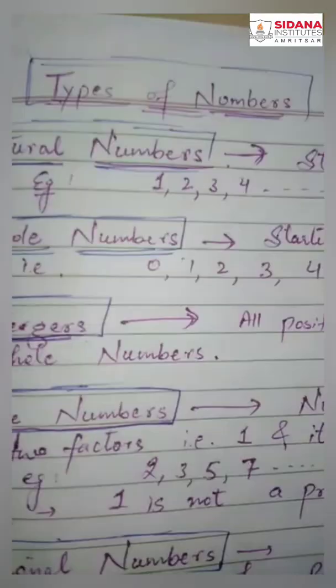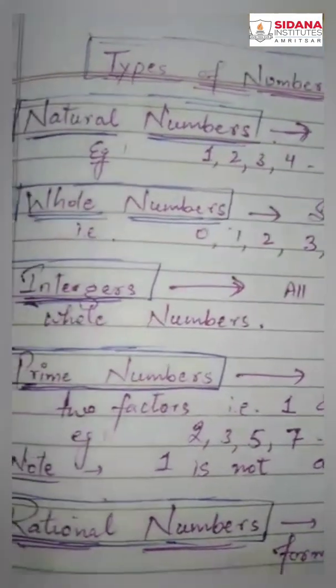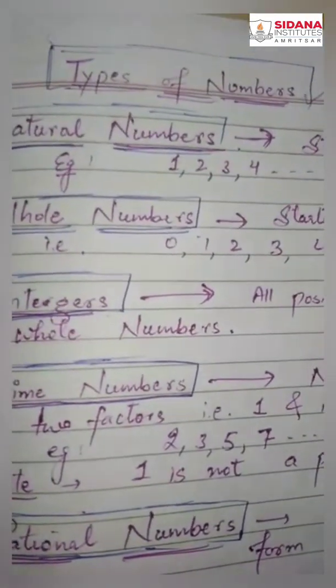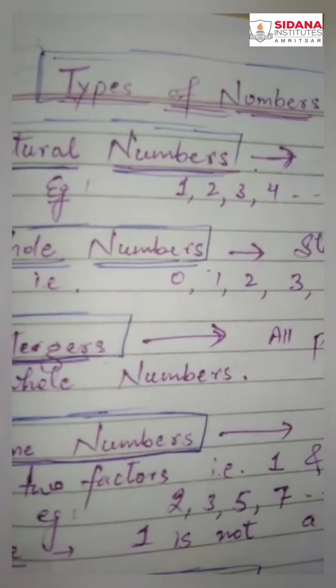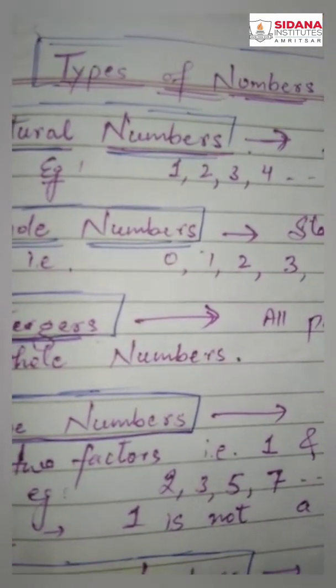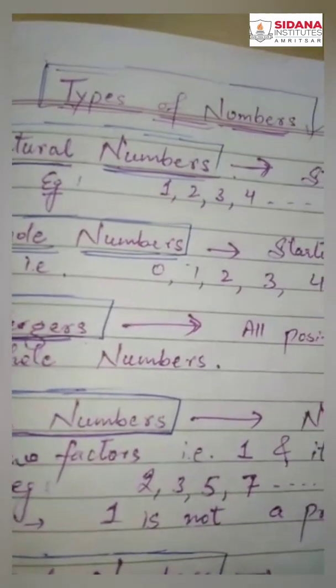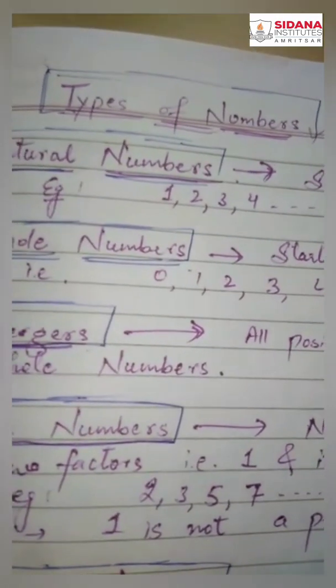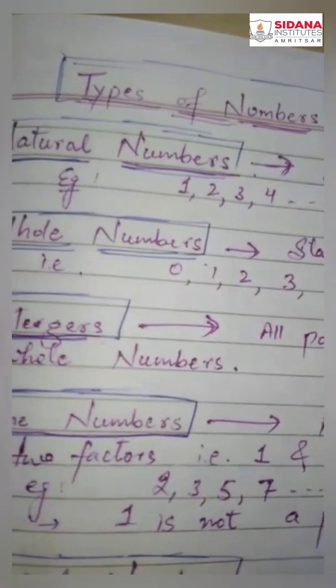So starting, the types of numbers. Now it is very important to have the knowledge of the types of numbers. This is a very important topic because many of the sums in the paper are based on the knowledge of types of numbers. Sometimes you know the method of solving the sum and you know the formula or whatever, but where you lack